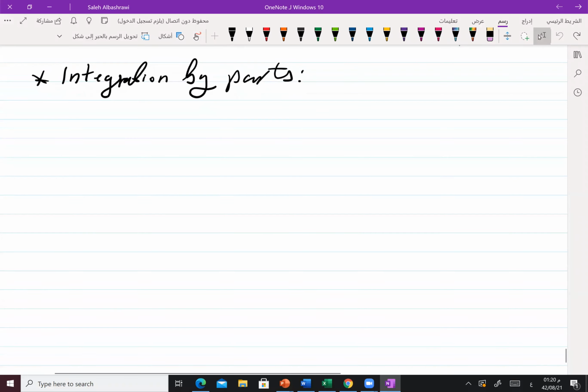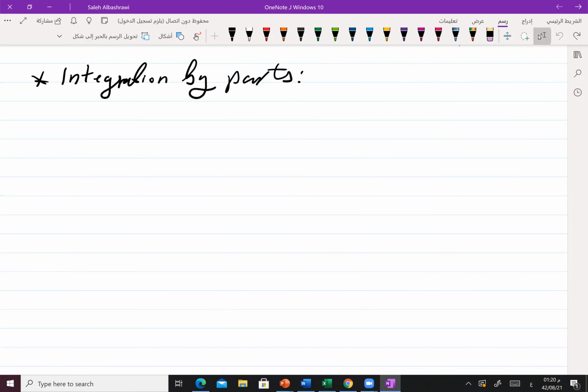We are discussing this topic, which is integration by parts. In the last example we gave, or in the last part, we gave different types of examples of how to apply the integration by parts. We are continuing this topic now